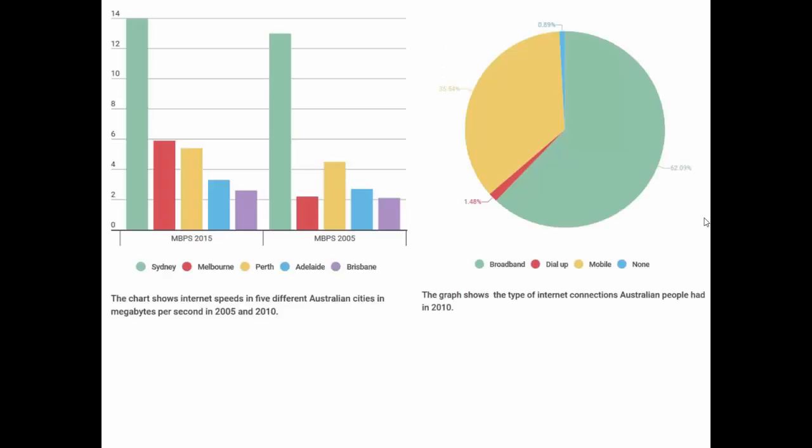So here are the two charts that we're going to look at today. On the left, we have two bar charts. They're about the same thing. They're about internet speeds in 5 Australian cities, and there are two dates. And then on the right we have a pie chart, and it is showing the different types of internet connections people had. So this would be contained in the same question, and you'd be asked to report the key features